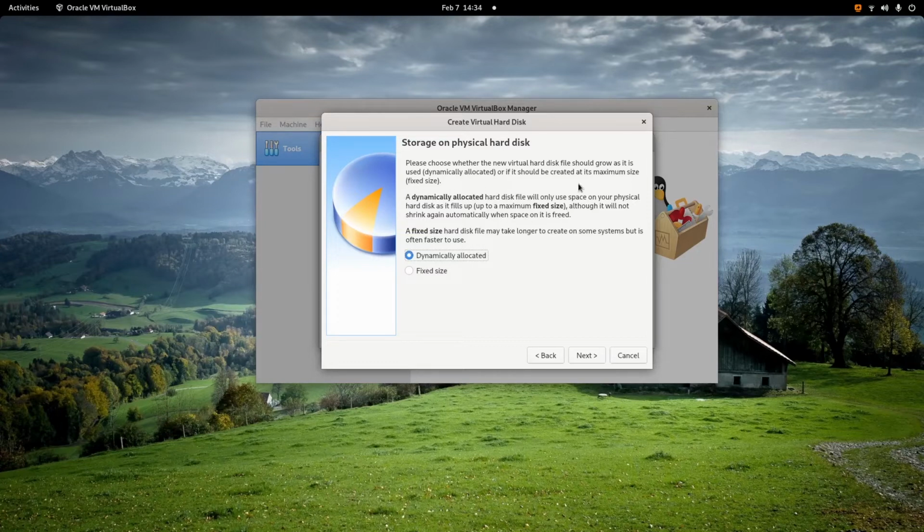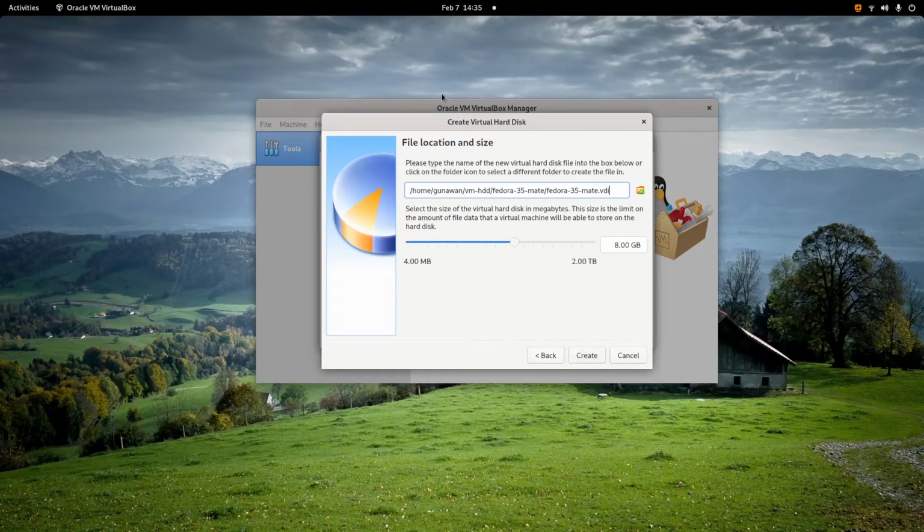You can see in this paragraph what a dynamically allocated hard disk is, and then click next. In this part you set your virtual hard drive. I will set my virtual hard drive to 28 GB. Click create.